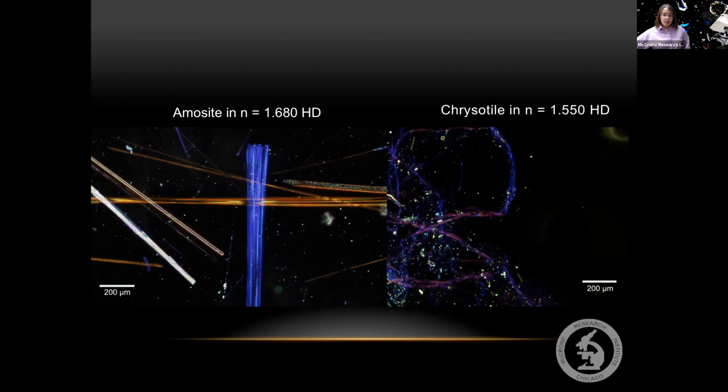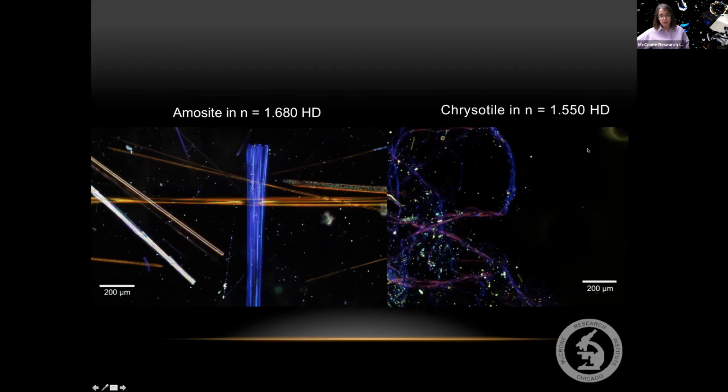So we would not be seeing these colors if this amosite sample were mounted in a different refractive index liquid. We specifically see these colors in 1.680 liquid. And for chrysotile, we're specifically seeing these colors in